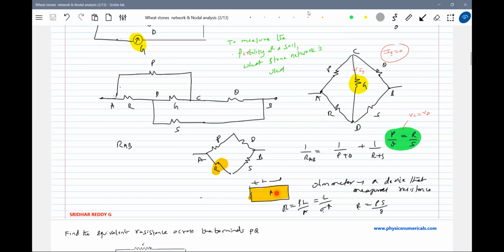I know length and area of cross section. I know resistance. Then I'll get the resistivity. From resistivity, I'll get the fertility. Then I can advise the farmers, this is the fertility of this, so your efficiency of crop will be this much if you are going to sow seeds now. What further has to be done to increase the fertility? I can give advice. There's an advantage of these things.